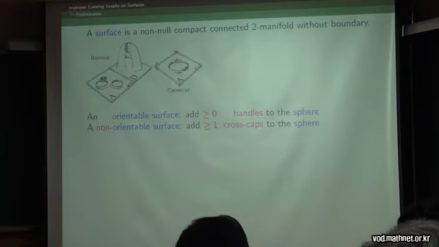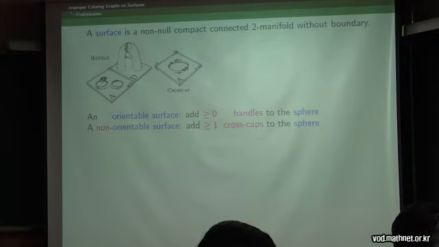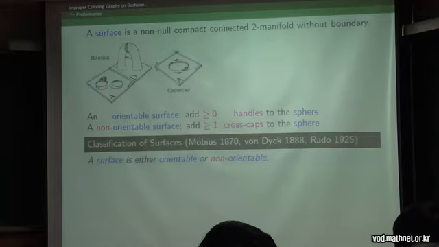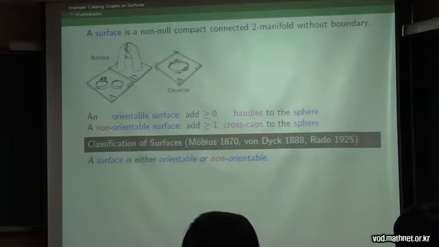So why do I introduce this notion? I said I was going to explain what a surface is, but now I have two other objects: an orientable surface and a non-orientable surface. The reason I defined this is because there's this big theorem called the classification of surfaces. All this classification of surfaces theorem says is that a surface is either orientable